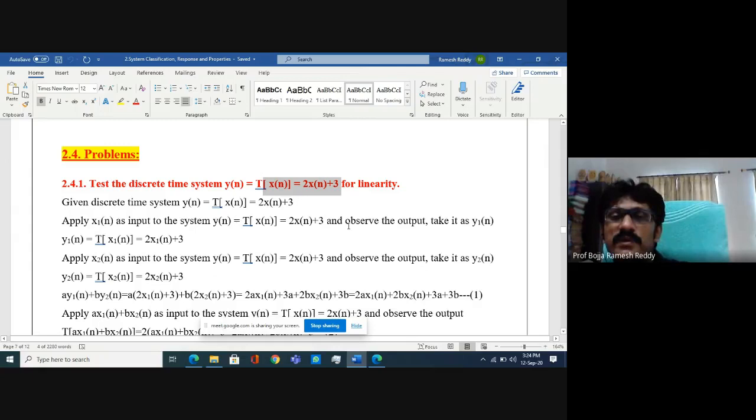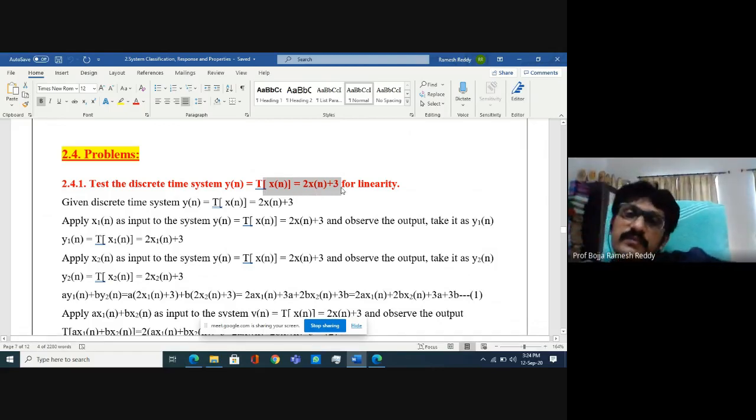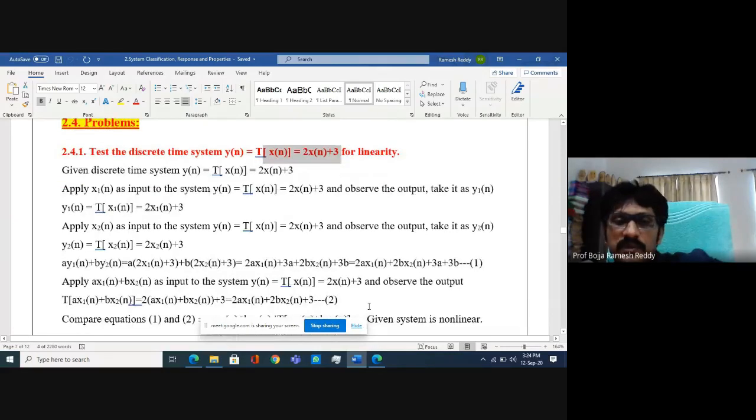But in systems, the meaning of this is we are giving input as x of n. Output 2 times x of n means amplification. Plus 3 means DC level shifter. The DC value increases by 3 units. It includes DC level shifting and amplitude scaling. First see the process, finally we will see the answer. In examination, no need to do all these things. Straightforward, by seeing this mathematical form itself, we can pick the correct answer. Okay. See the procedure first.